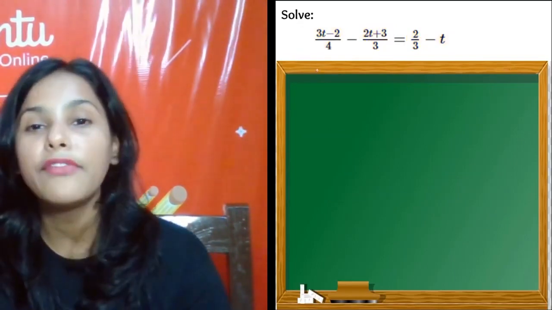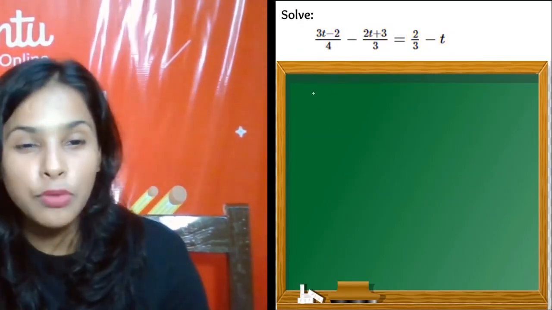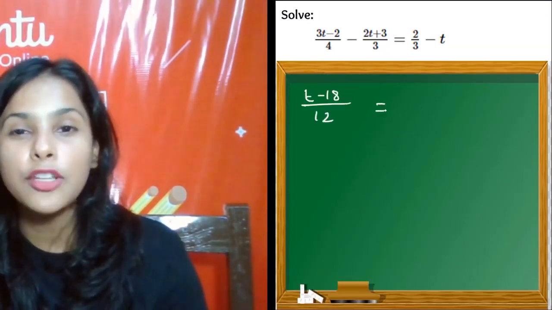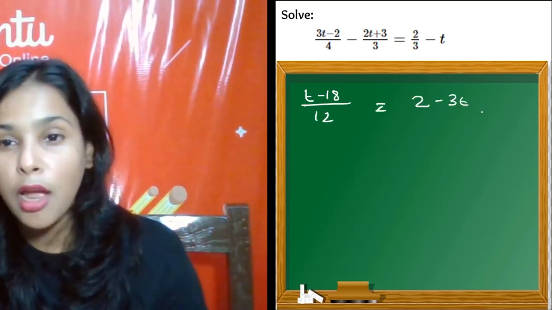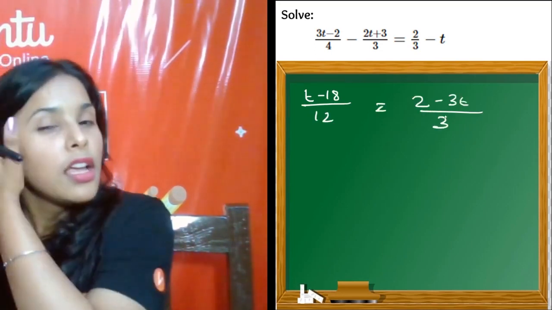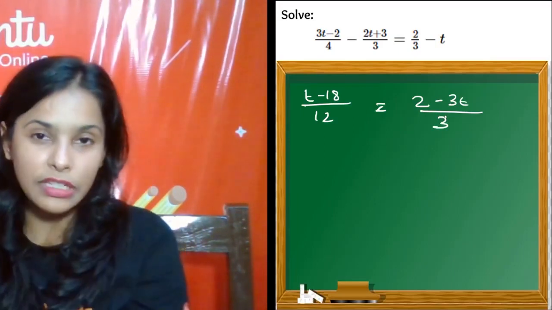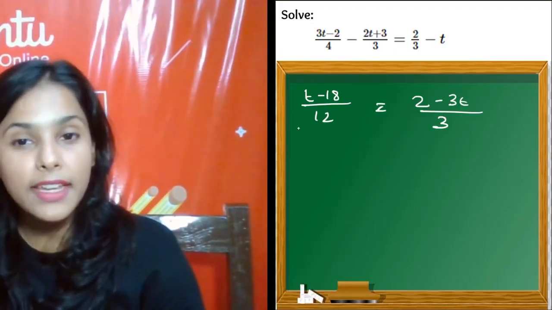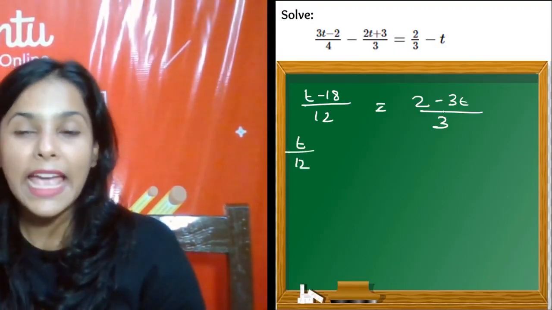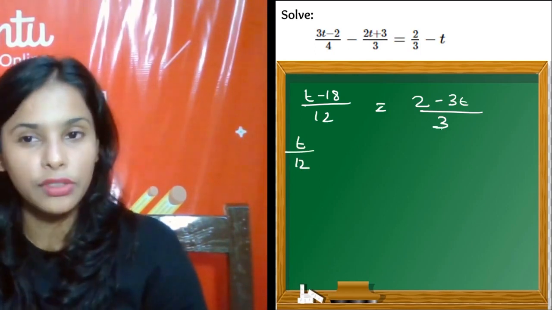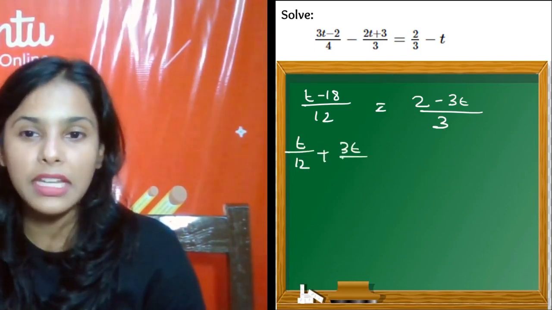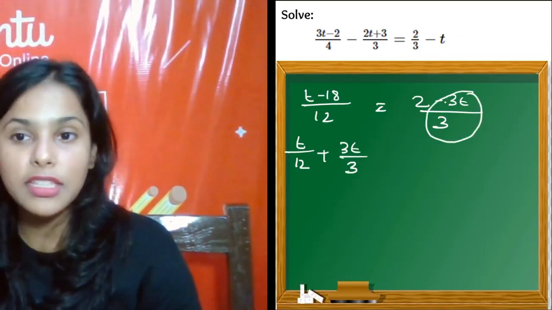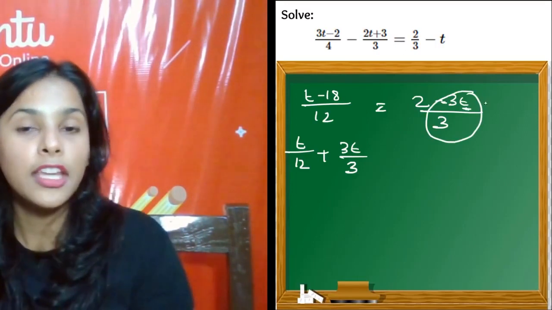चलो आज सॉल्व कर देते हैं फटाफट से. So here you have got so far t minus of 18 upon 12, and here you have got 2 minus 3t upon 3. Done. Now just see the equations, see the variable terms and see the constant terms. Okay, so making it t upon 12 and here minus 3t upon 3 plus of 3t upon 3, because we are taking this term which is in t variable to the LHS.